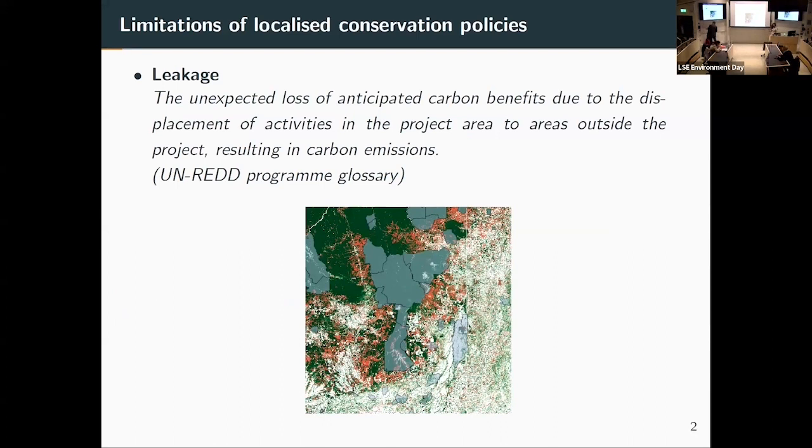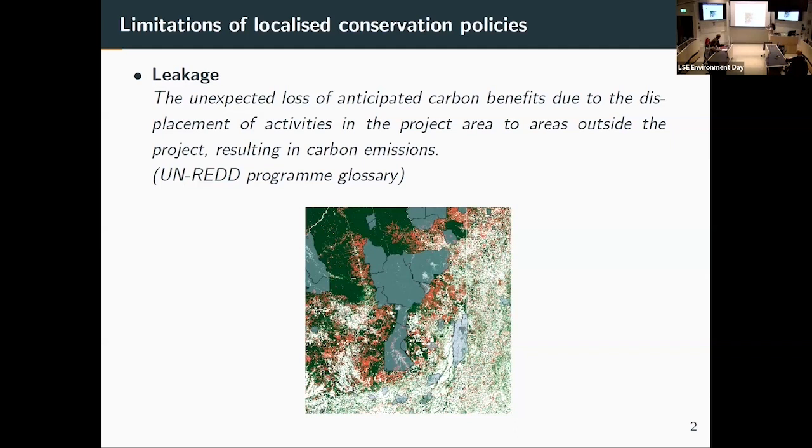Conservation policies are often localized. This is true for marine conservation areas, for forest conservation. The leading policies tend to be cracking down on the enforcement of the protection of a given place. And that often raises the concern, one of the words used in conservation circles, which is leakage. There's always debate about what to do about the potential problem of leakage, the fact that there could be unexpected losses of anticipated carbon benefits or biodiversity benefits due to the displacement of activities in the project area to